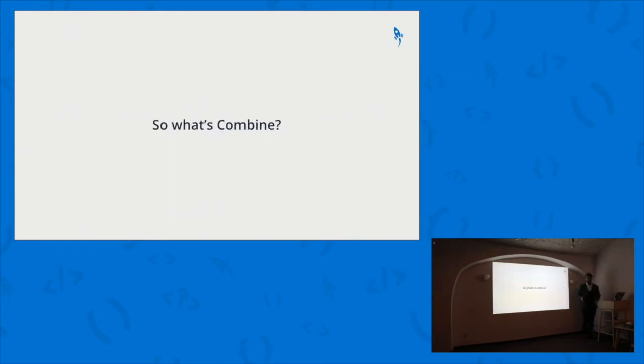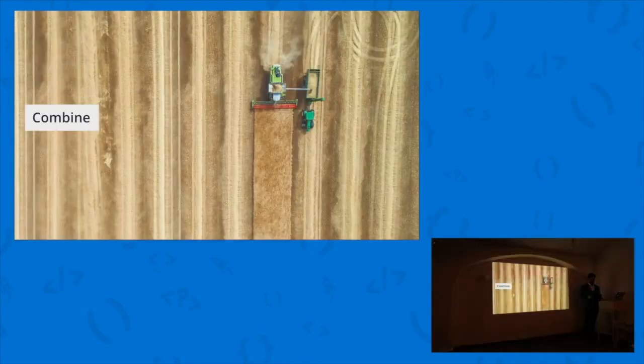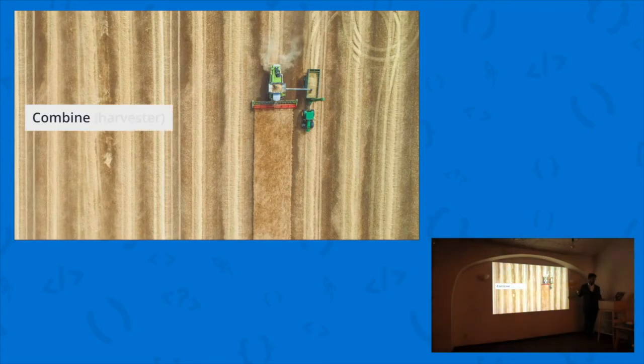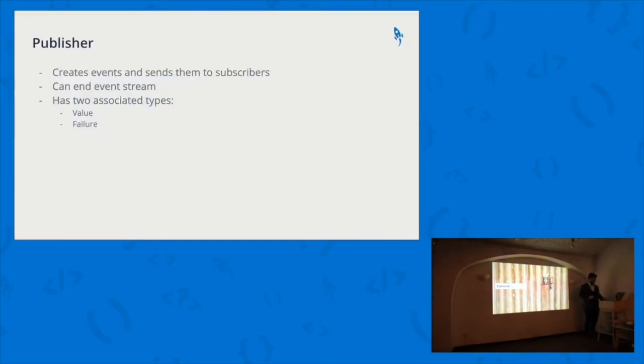So what's Combine about? Does everybody know what Combine is? This is Combine. It's a combine harvester, to be exact. And yeah, so Combine has publishers, as I showed you, and a publisher is something which creates events and sends them to subscribers. An important thing about publishers in Combine is that they can end the stream and they have two associated types, which is quite